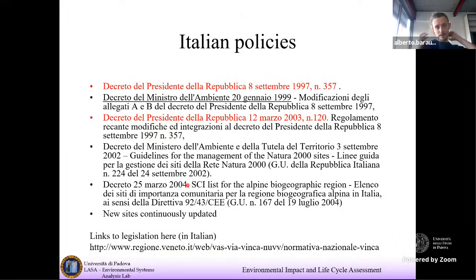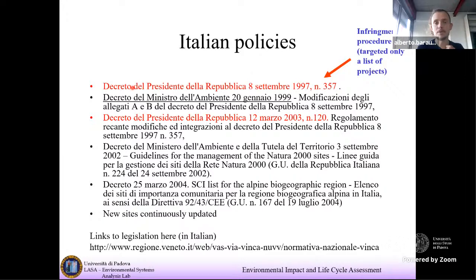Let's go on, quite quickly. There are many policies in Italy about this. We have a Republic President decree from 1997, the two most important, and another one from 2003. If you want a link to legislation, you can visit the website. And why do we have two decrees? Because the decree from 1997, remember the directive is from 1992, the decree from 1997